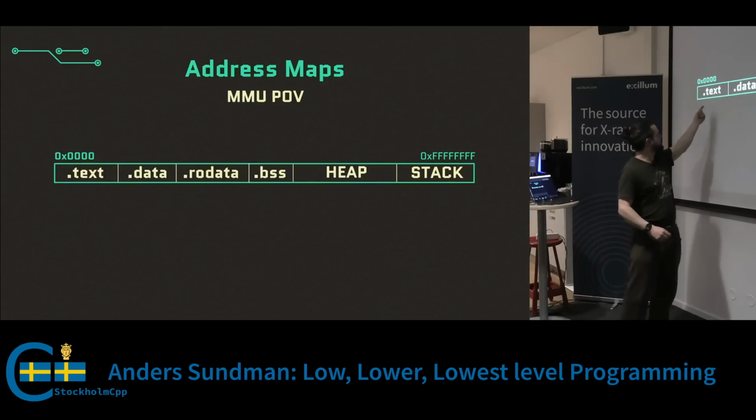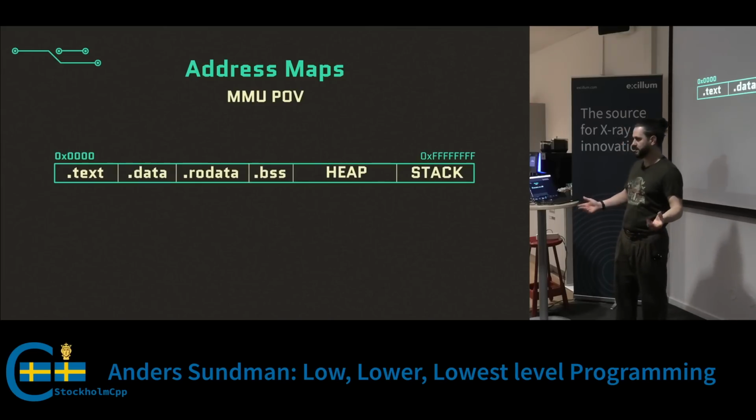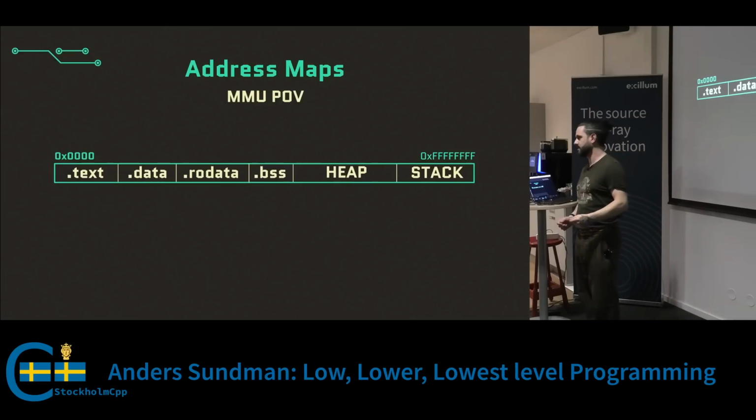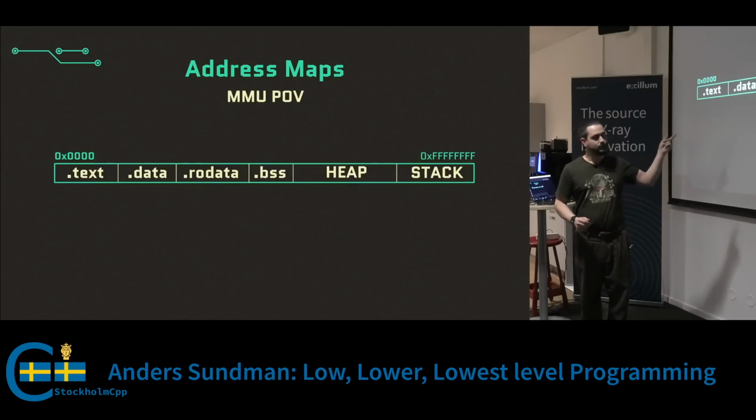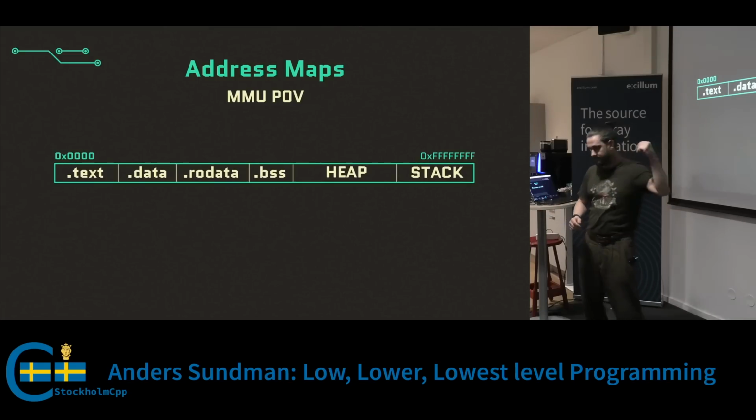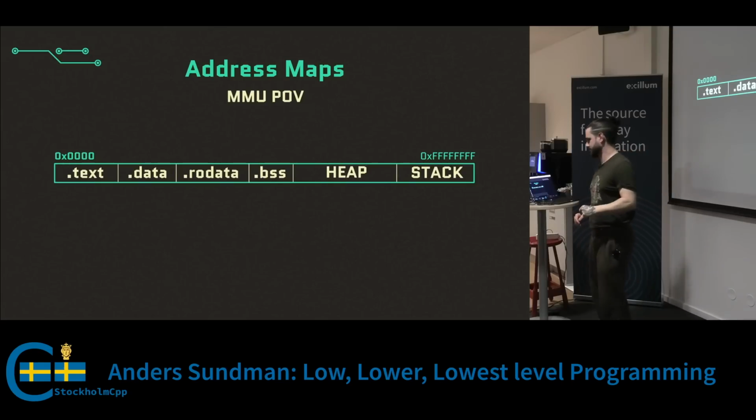You have the text segment, which contains your code, compiled code. You have the data segment, which contains your global variables that are mutable. Your RO data, which contains your constants, global constants. And BSS, your globals that are not initialized with any value. You have your heap and your stack, and famously the stack grows towards the heap, the other way around. So from an MMU point of view, or a CPU with an MMU,